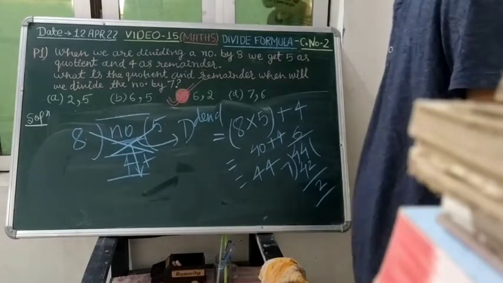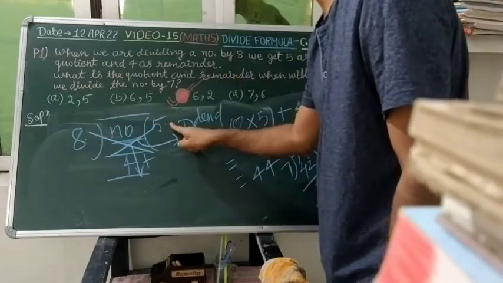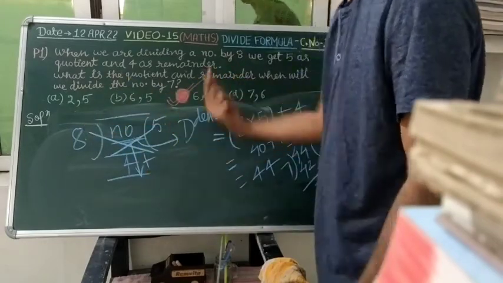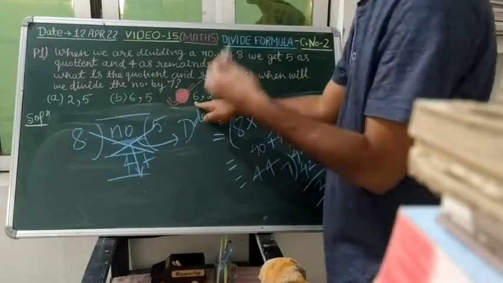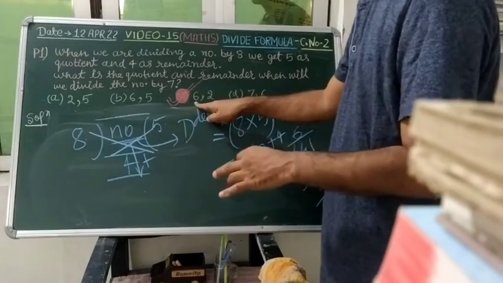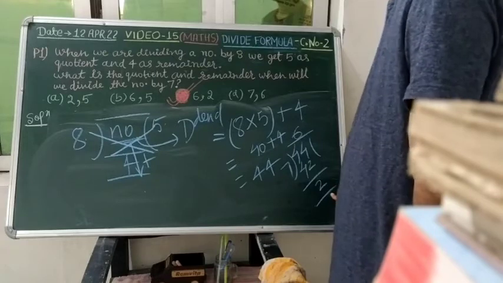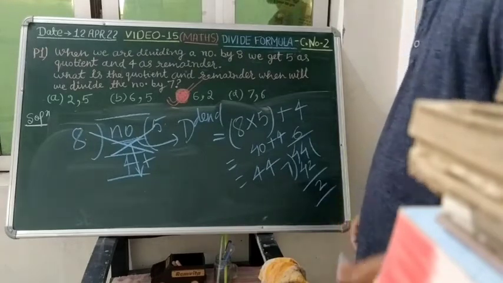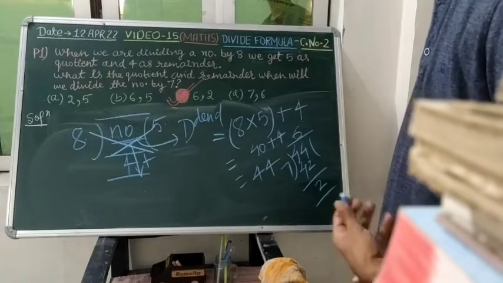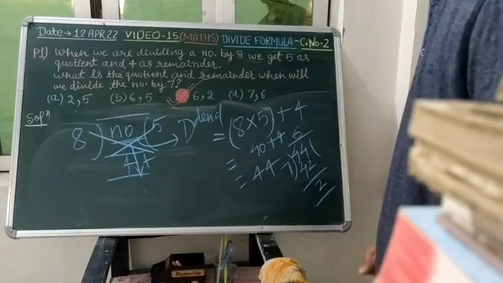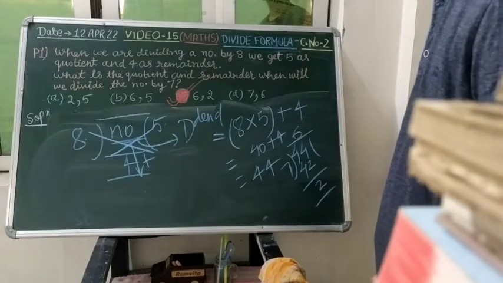So in the quick way you can think that this number is nothing but the multiplication of 8 and 5, which is 40, plus remainder 4, that is 44, and that 44 we are dividing by 7. 7 will go 6 times, quotient will be 6, and 7 6s are 42, and 44 minus 42 gives you 2 as your remainder. So this is the method. You should think and practice on it, and gradually you will be able to think in the way I want to tell you.